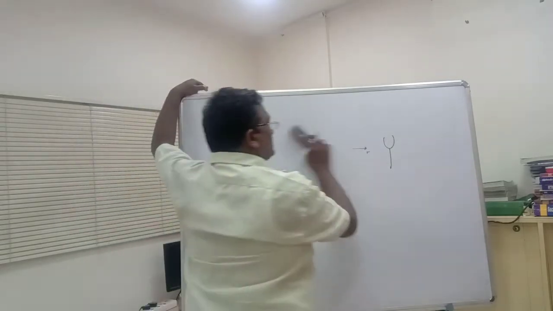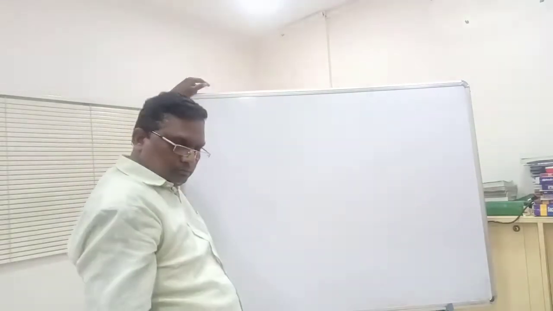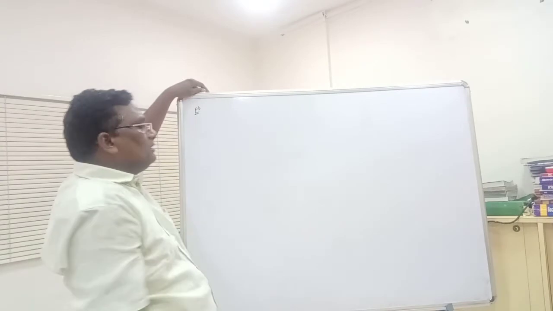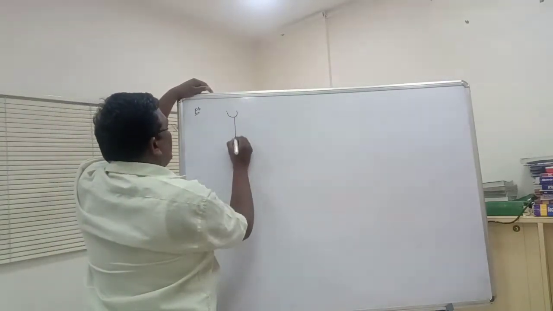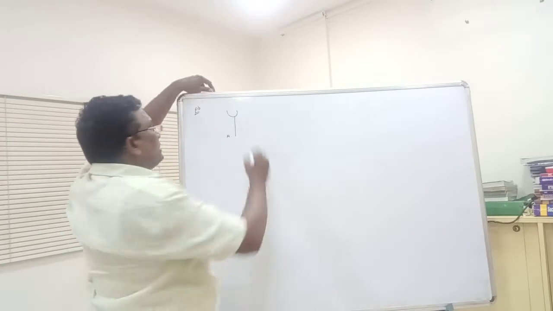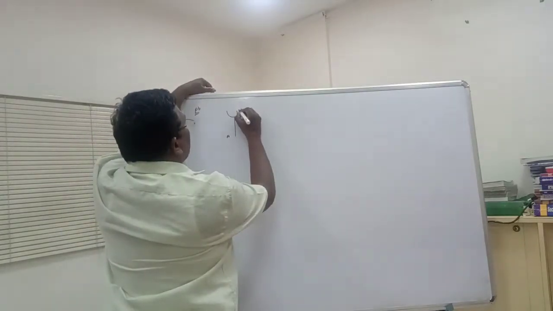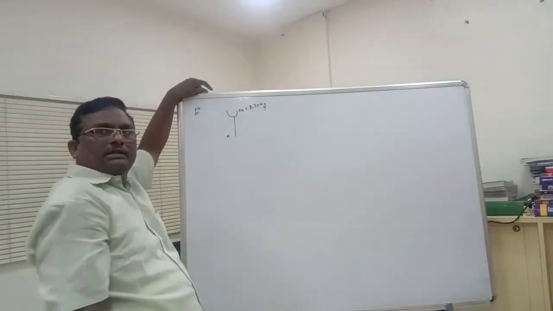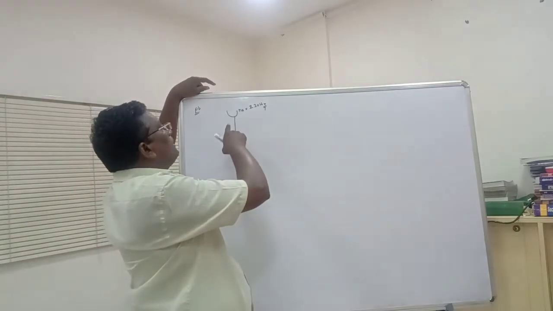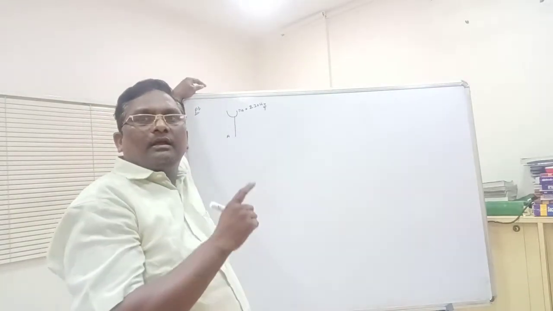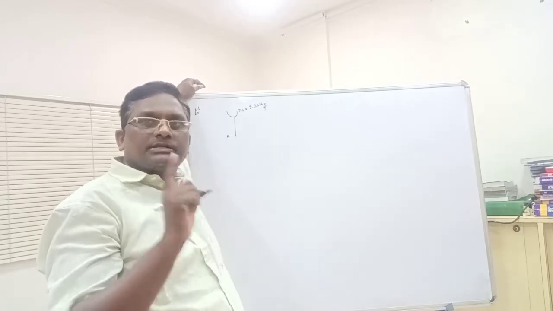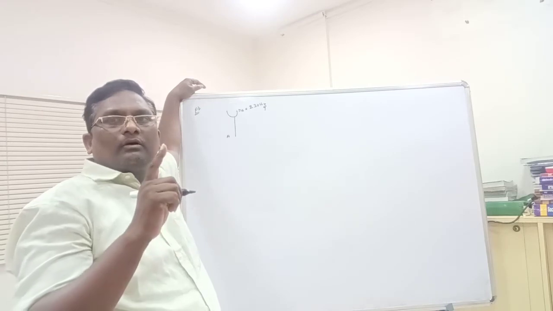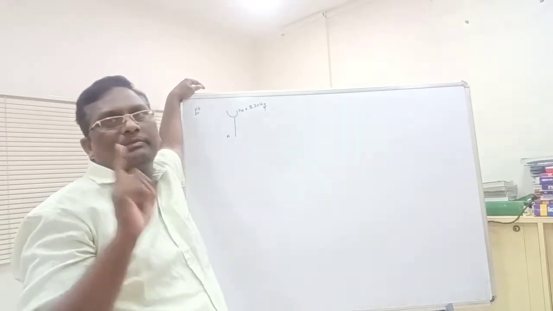So just let us consider one problem. I am taking one problem here. Suppose it is tuning fork A. The frequency of this tuning fork is NA equal to 230 Hz. Means per 1 second it is giving 230 vibrations. 230 Hz means it is giving 230 vibrations for 1 second.